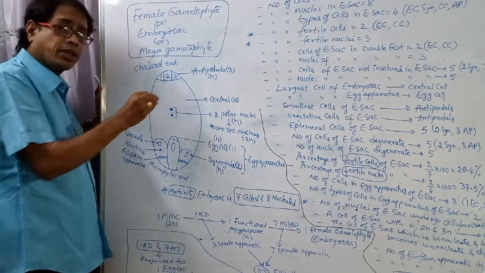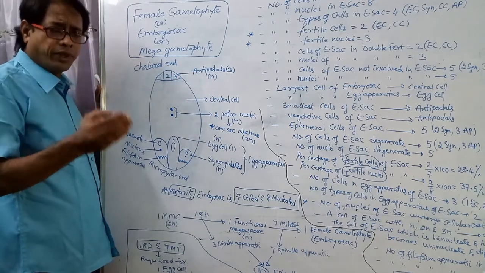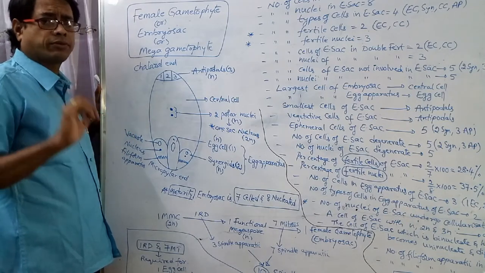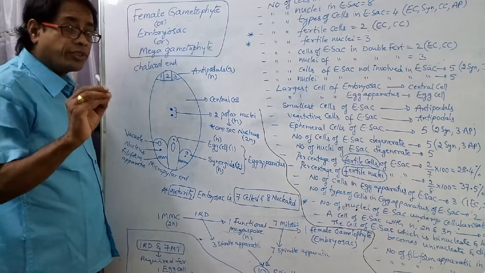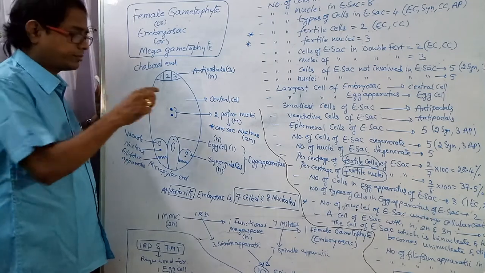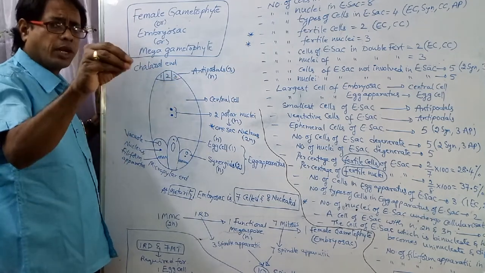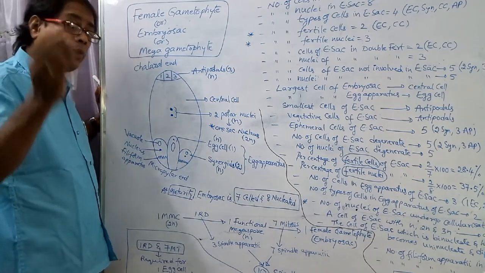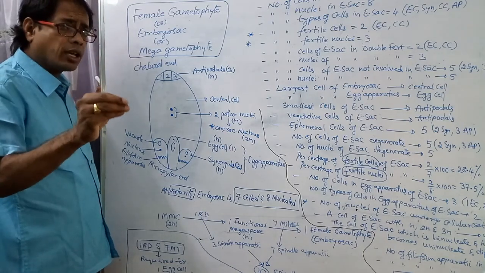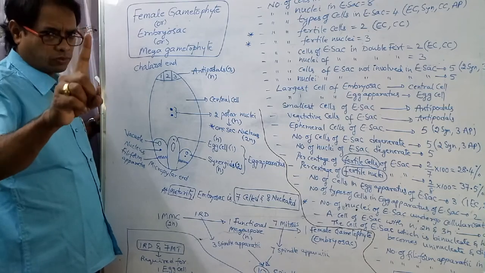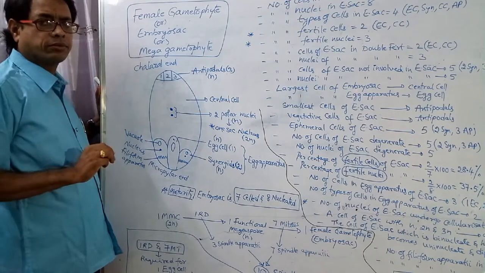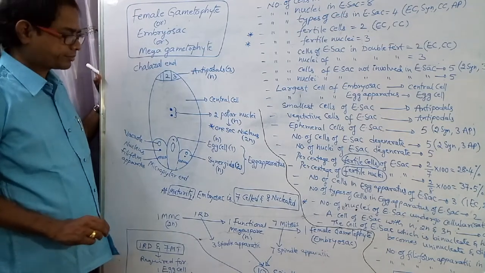These are considered vegetative cells. Vegetative cells means they are present without performing any function. The number of vegetative cells in the embryo sac is 3, and those are nothing but antipodals. The number of vegetative cells in the male gametophyte is only 1. In the female gametophyte, it is 3. Try to understand, my dear students.